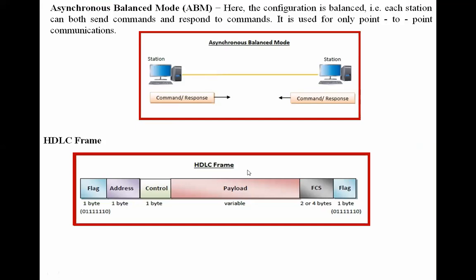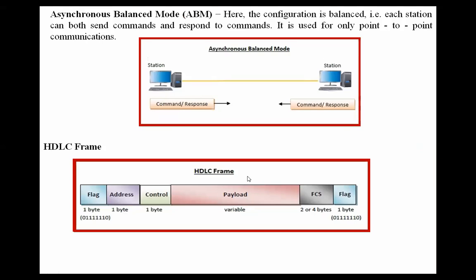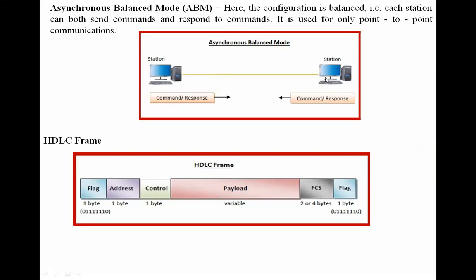It is sending frames with responses, and the primary station is also sending frames with responses. Both the stations you are going to see over here in the diagram. Command with respect to the responses means what? It is sending a command, it is received, and a response has been sent. The secondary station is sending the command. It has been received and it is going to send the response.